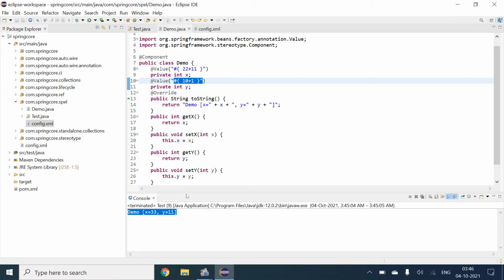So basically in this video we will see how we can call a static method in our expression and variable in Spring expression language, that is SPEL.